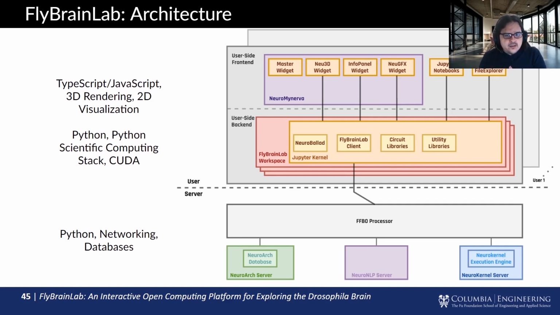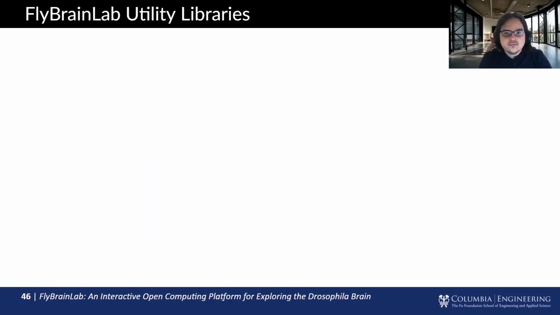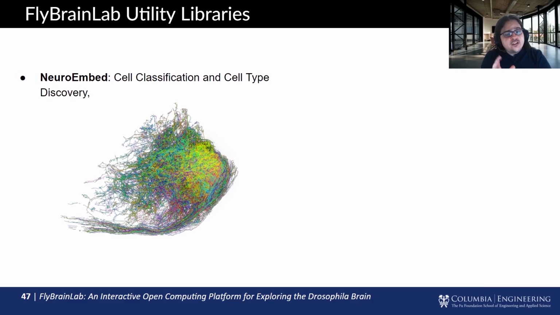Before moving on to examples showing some sample circuits we have created and simulation results, I want to briefly show the capabilities we enable via a number of utility libraries we have created to better analyze the data retrieved from the database during our exploration. FlyBrainLab features a number of utility libraries that aim to make it easier to work with the data retrieved from the servers. Firstly, there is the NeuroEmbed library, which creates node embeddings for a graph in which neurons are nodes